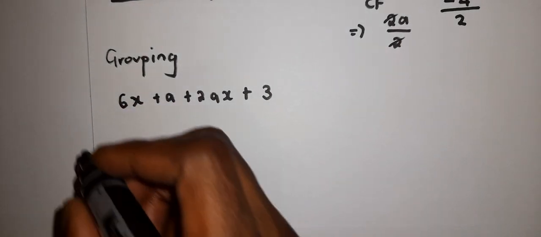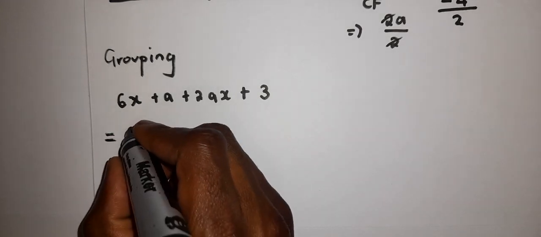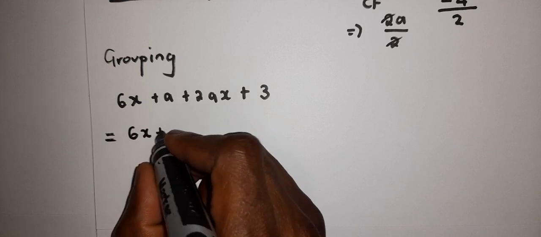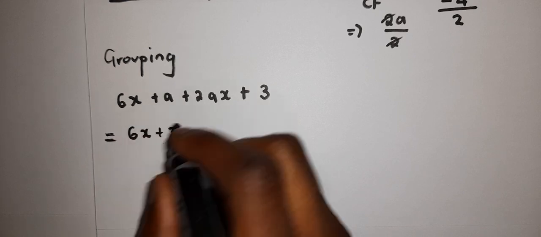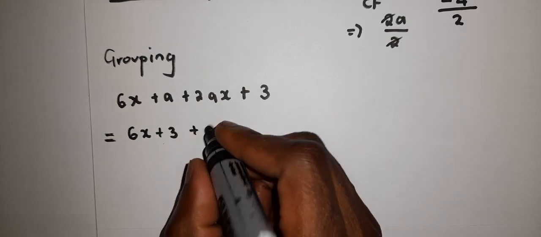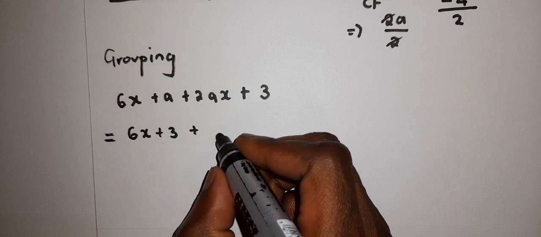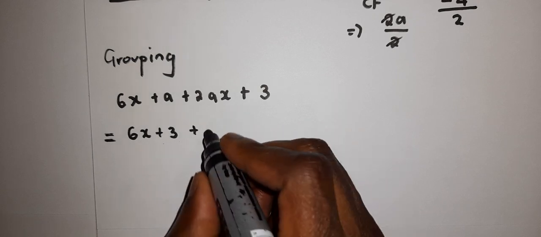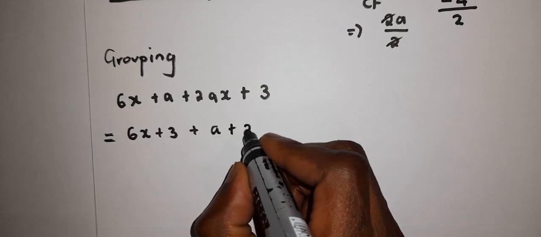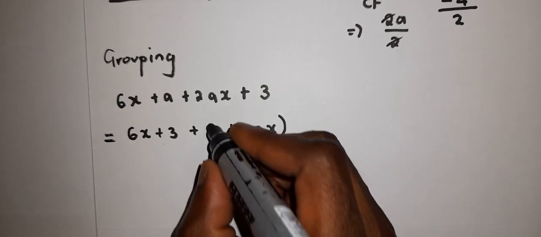So grouping, the first thing one needs to do is rearrange these terms. We'll have 6x, we have a positive 3, there is our positive 3, we have a positive a plus a. Right, in this one also we can rearrange this one to start with, okay, it's fine, we can just leave it as it is. So we'll have a plus 2ax. Right, so we have just grouped our terms,